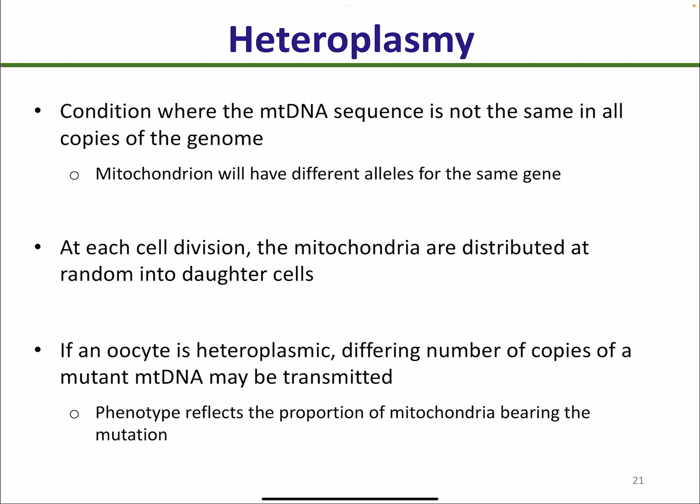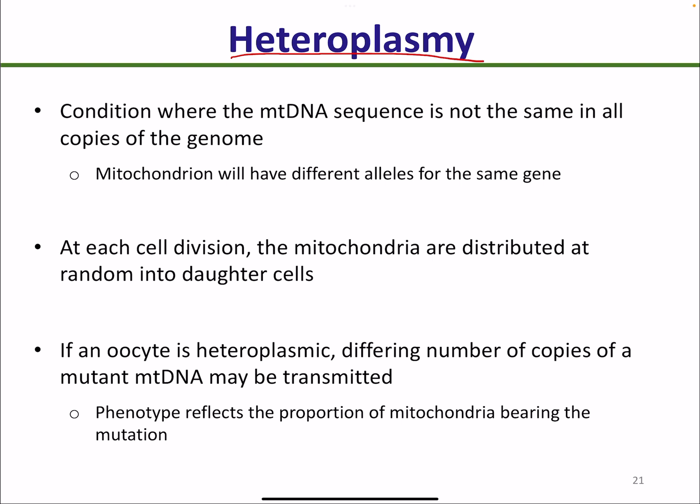So the genome can be different in the same cell, which causes the genotype at the mitochondrial level to be different. Therefore, we may see a difference in the phenotype too. So this is called heteroplasmy,